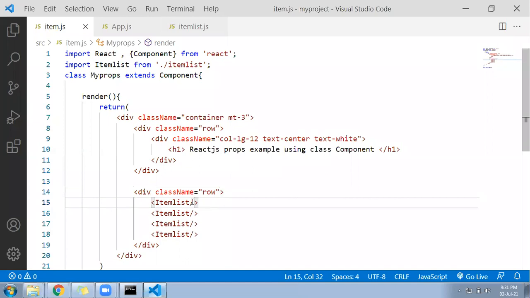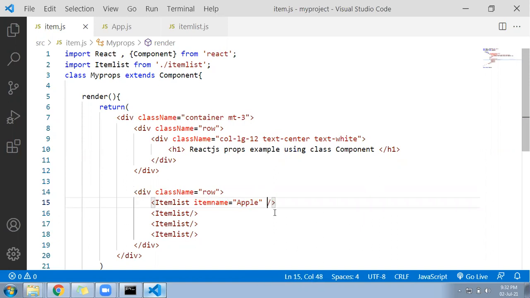Let's go here. I will keep the first component, the item list. Inside the item list component, I will be passing a property called name. Name equal to apple, right? So you saw here name is made by us. It is not a predefined property. Let me put item name here, so you should not get confused. Item name is the property, and there we are passing the value as apple.